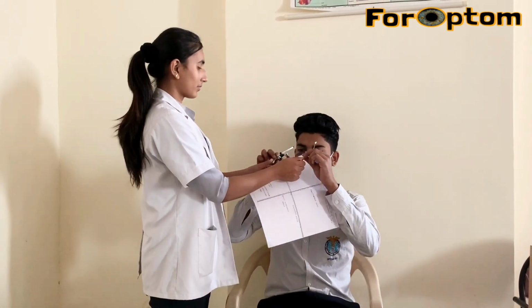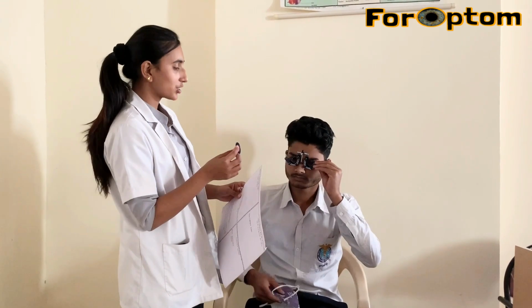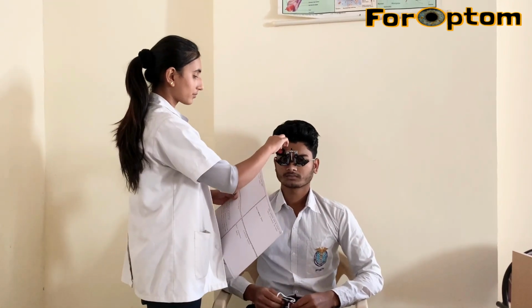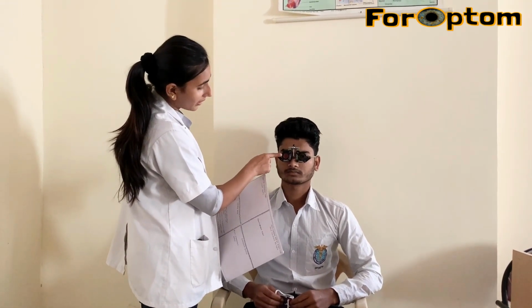We will see how we do the procedure, how we will measure the phoria through this chart. First of all, I want to say it is a darkroom procedure, and we need one trial frame and a lens, and this chart as well as a light. Now I am going to check for the right eye, so I will keep this Maddox rod at the right eye. I have placed the Maddox rod horizontally so that I can see the line vertically. As you know, if the Maddox rod is kept horizontally, we will see the line vertically.